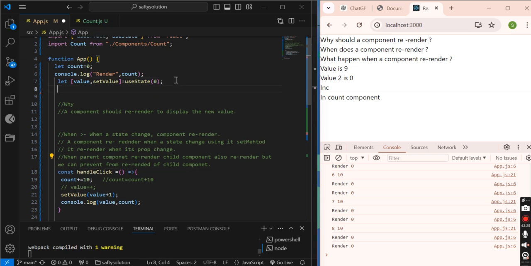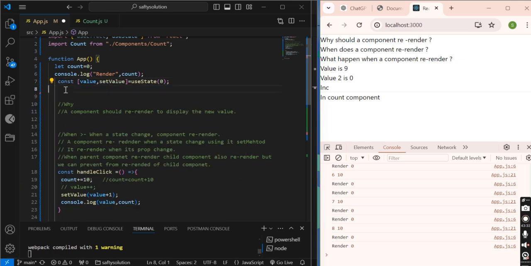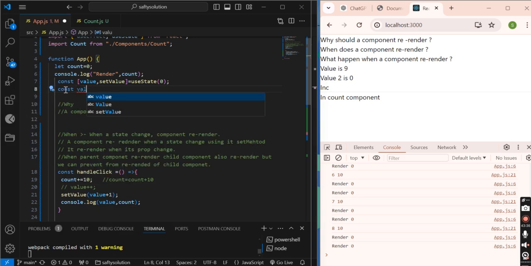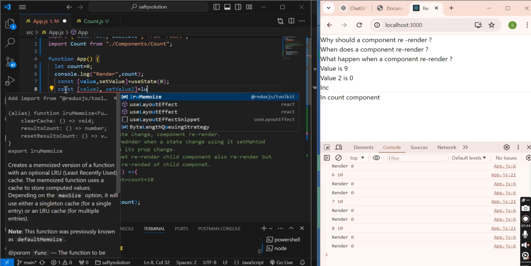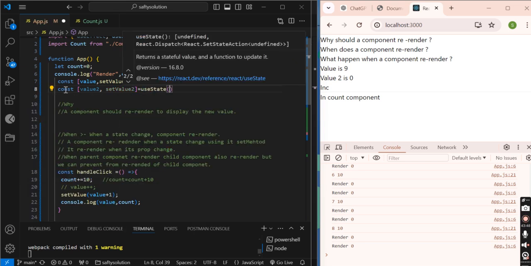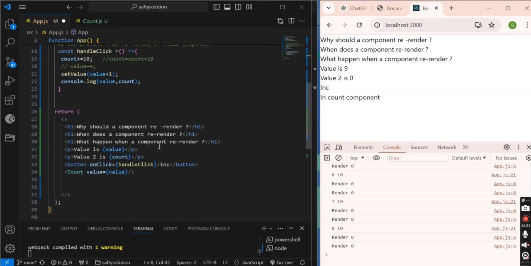Let me define it using const value2, useState 10, and let me remove this one.